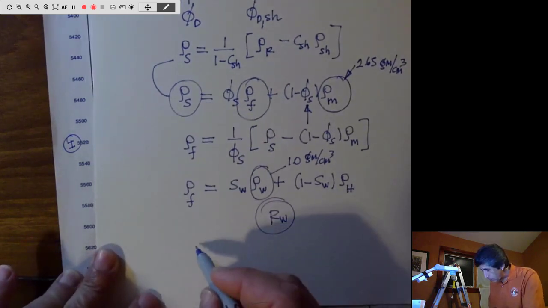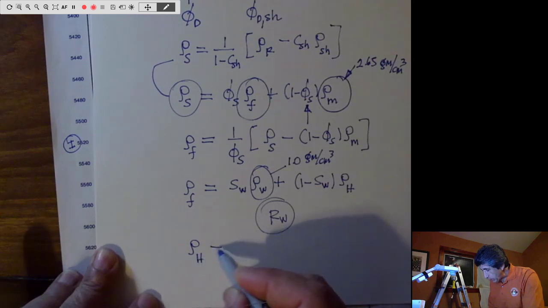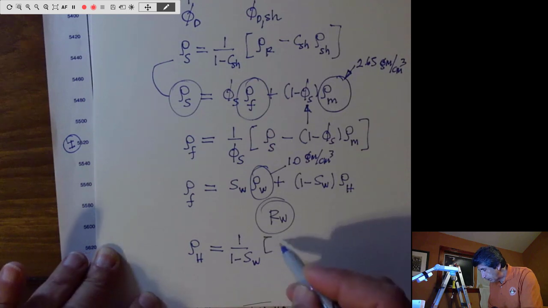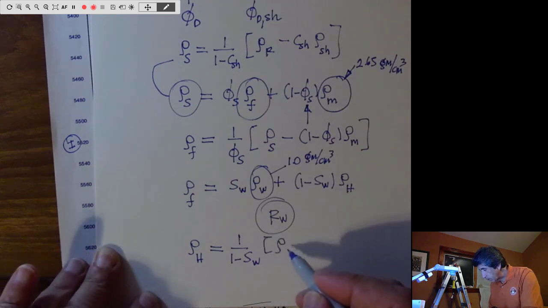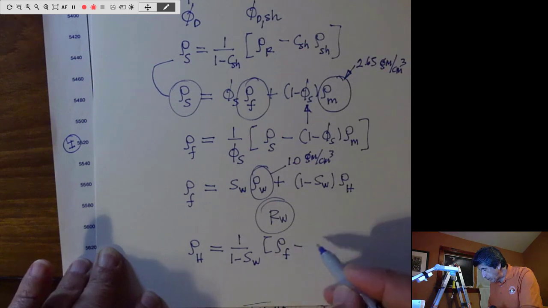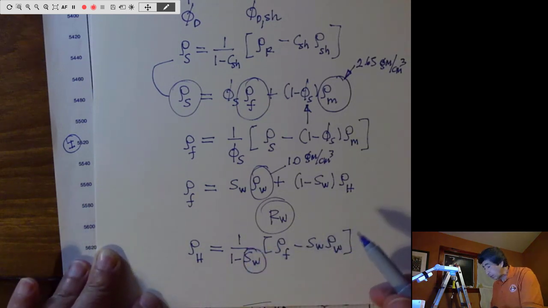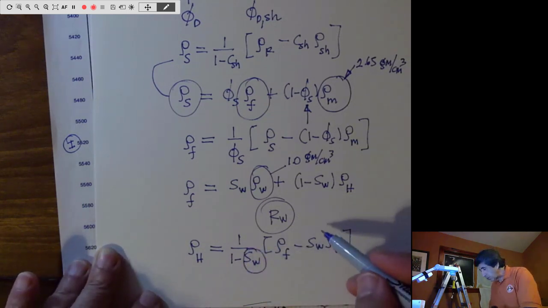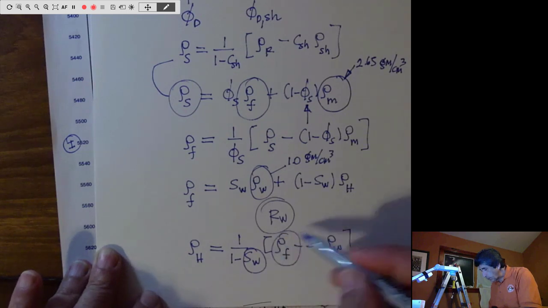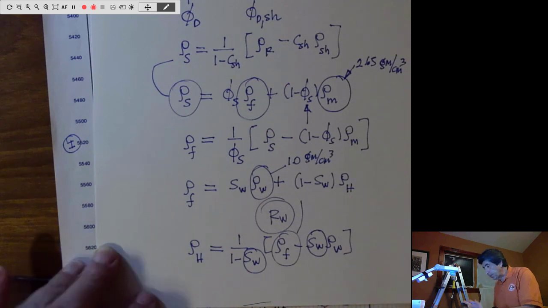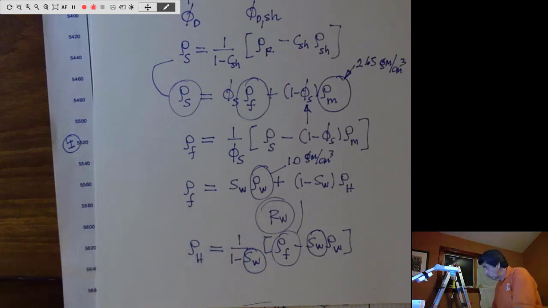So consequently, the density of the hydrocarbon is going to be 1 over 1 minus SW, and now we have the density of the fluid minus SW times the density of the water. And this SW is the one that I calculated for that particular sandstone once I did all the corrections, and the density of the fluid is the one that I found before. So that's a little bit of a tortuous way to do things, but if you do